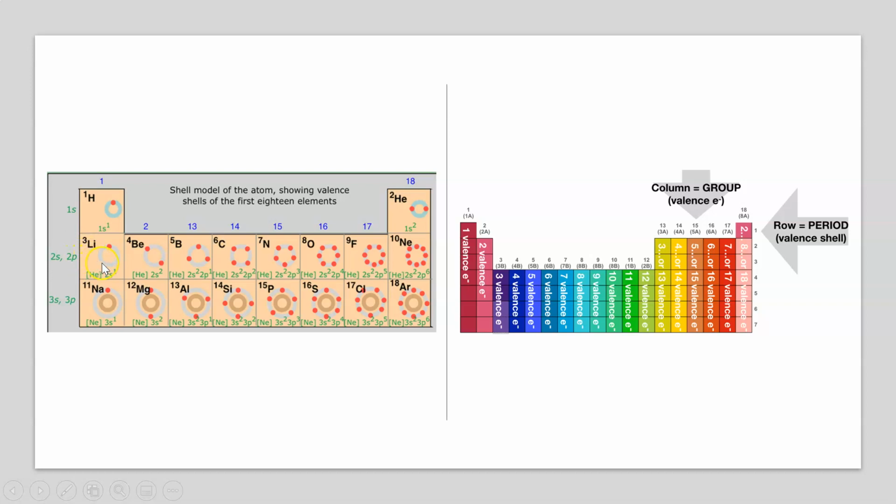If we go across, looking at the rows or the periods, we can see that they all have the same number of shells. So for example, looking across here, lithium, beryllium, boron, carbon, nitrogen, oxygen, fluorine and neon all have, sorry, 2 shells. Hydrogen and helium only have 1 shell. These across here all have 2 shells. These across here